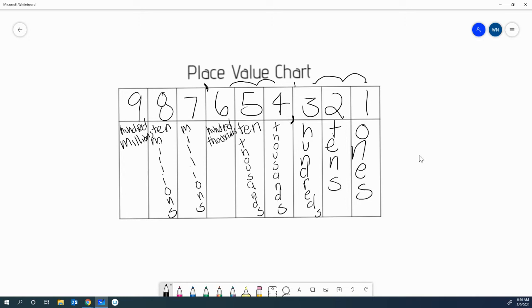Now that you've got those written in, I want you to take a second and think how we would say this number. I want you to whisper it to yourself. Think about how you're going to say this number. So this number we would read as 987 million. Anytime you get to a comma is when you say the word that you're at. So we're not going to say 900 million, 10 millions. That wouldn't make sense. You're going to read the number just like you would if it was just these 3 numbers. 987 million,